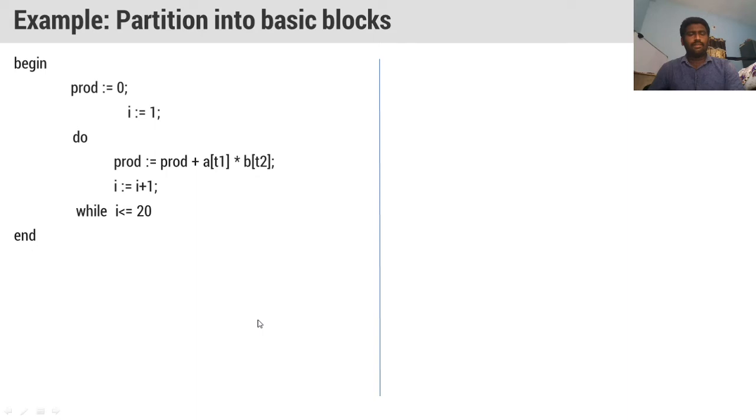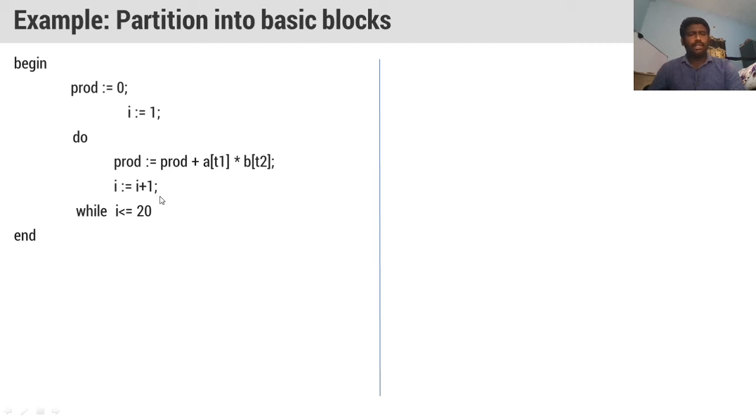Let us consider this example. We begin, and we assign the production variable PROD equal to 0, I equal to 1, and then PROD equal to PROD plus A of T1 into B of T2.